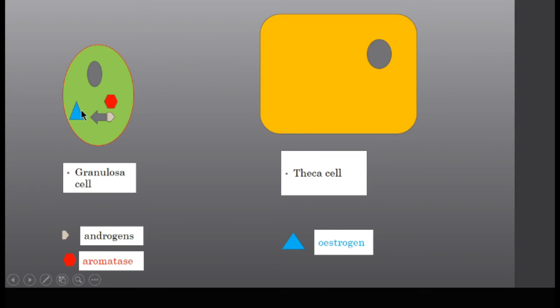And we know that this estrogen plays a very important role in regulating the secondary sexual characters in females. We will see later on in another video what the different functions of this estrogen are. Estrogen is not only related to regulating the secondary sexual characters in females, but there are too many functions of this estrogen, and not only in females but also in males too. So look at this structure,